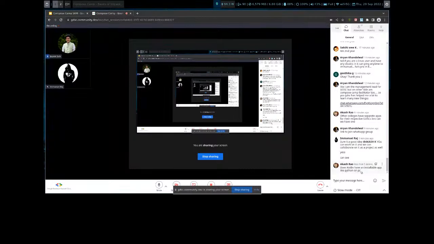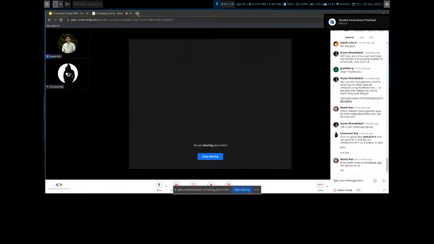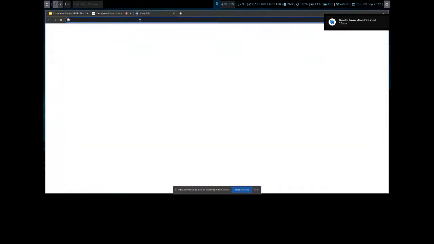I didn't get the question. Does Kotlin have an installable app? Oh, you mean if you want to run Kotlin on your PC? Assuming that you are running Windows, you can just use IntelliJ IDEA if you are learning Kotlin for the first time. Or you can also go to